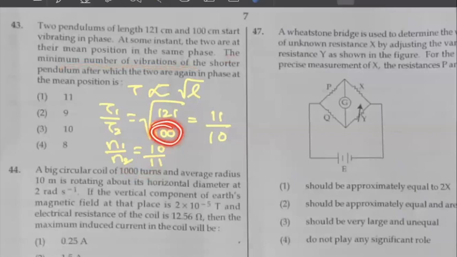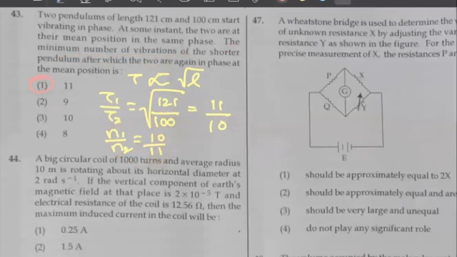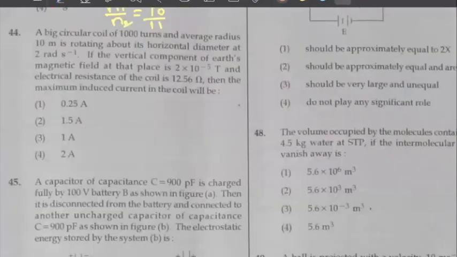The shorter one is the 100 centimeter one, that is the second one, right? So oscillations of the second one, how many should there be? 11 oscillations. So I think we can go with the first option. Okay, fine. Then the next one is a big circular coil of